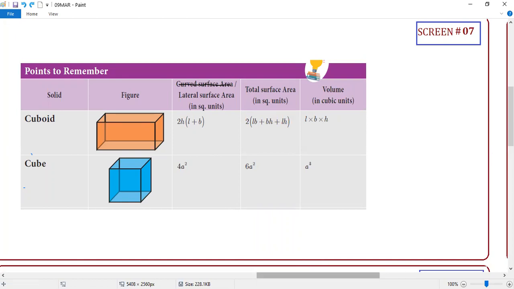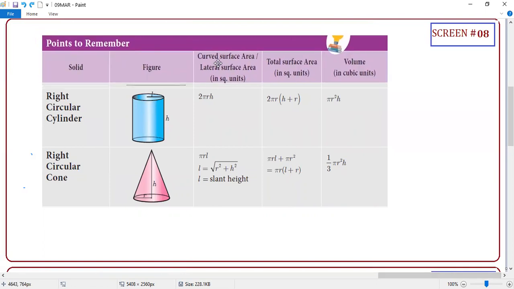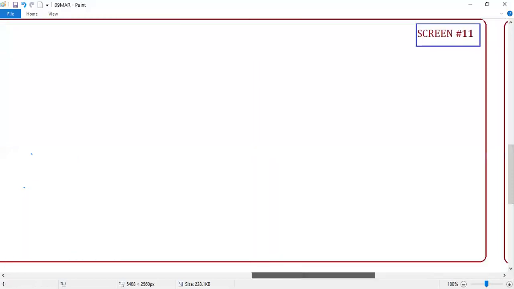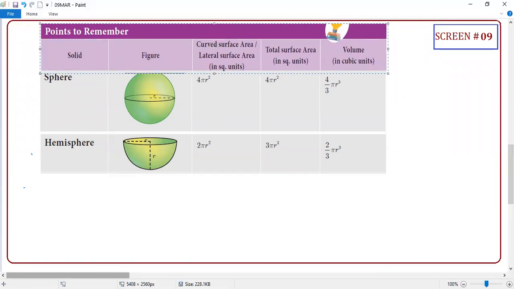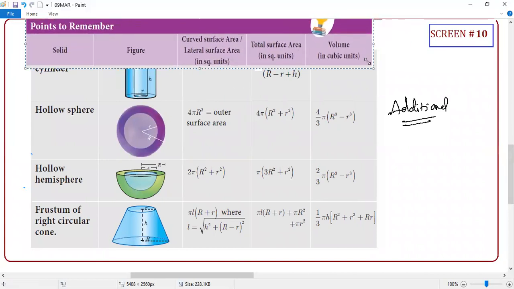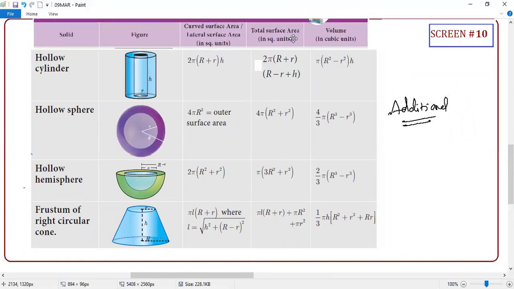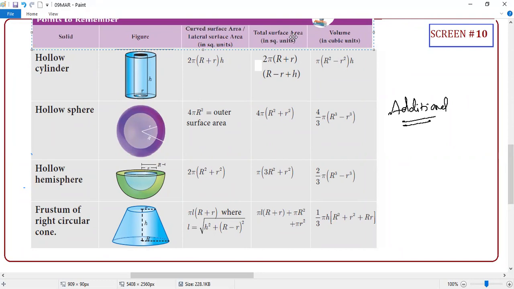Different. Then why are they given in the same place? Guys, CSA and LSA, are both the same or not? Same, sir. Different? You are saying different. But I'm saying that your CSA is equal to LSA, students. Your CSA equals LSA. But guys, the other way is not always true.